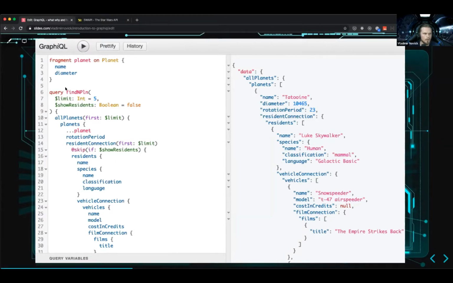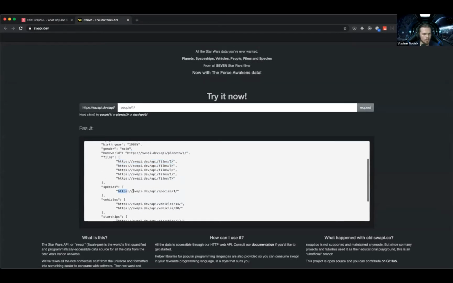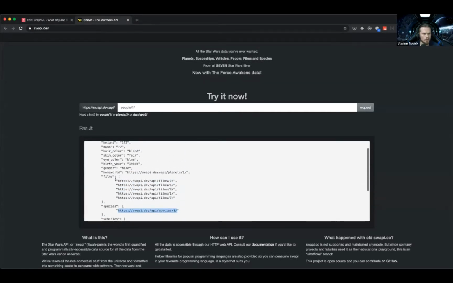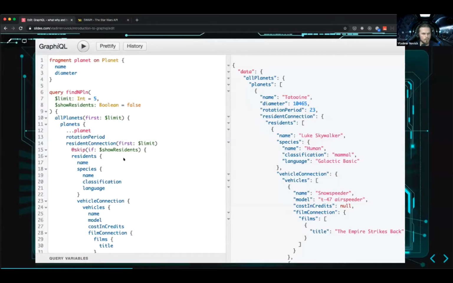Now, if you look at this query, we're trying to get all planets, and the planet with the name and diameter, rotation period, residents, a bunch of residents with species and vehicles, and the list goes on. Now, if you look into the Star Wars API and imagine each one of these things was a REST API endpoint that you need to call, and then consolidate everything on the client. So imagine how useful it is on the front end to just say, give me all this, and you get the data.